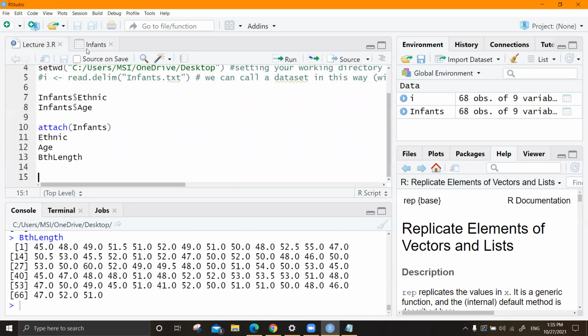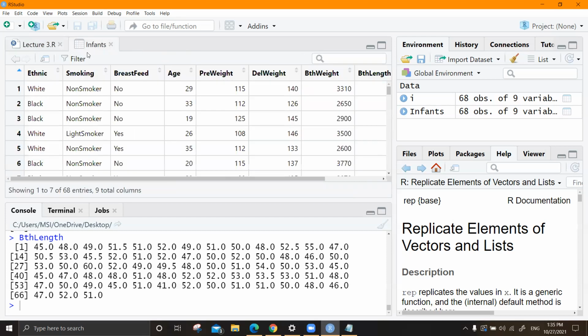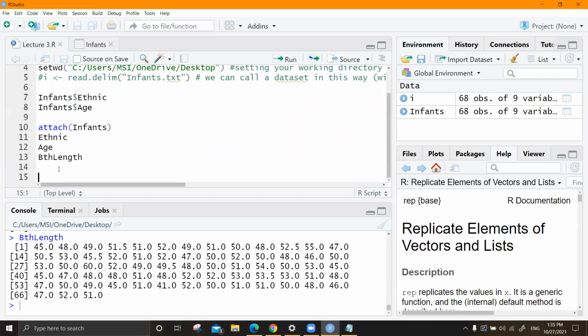So when you are simultaneously handling files, whatever file you're handling, keep it activated, keep it attached. Whenever you don't use a file but still have it in your R script, just remove its attach when you're using the other file. In case there is an overlap, it is going to be a problem. Nobody can find from where this variable came. That is going to be a problem only when you have the same variable name in two different data files.